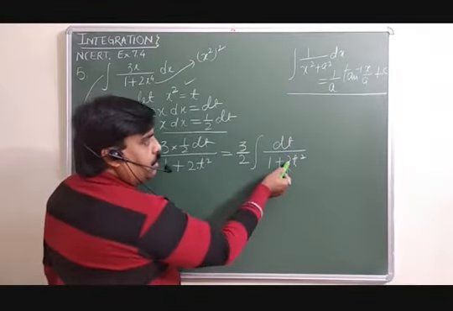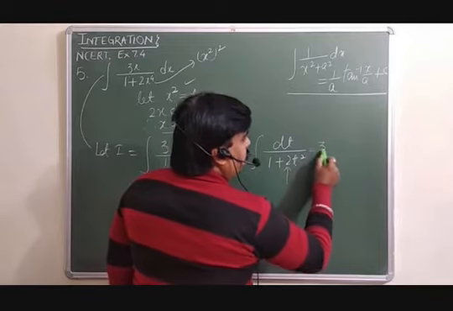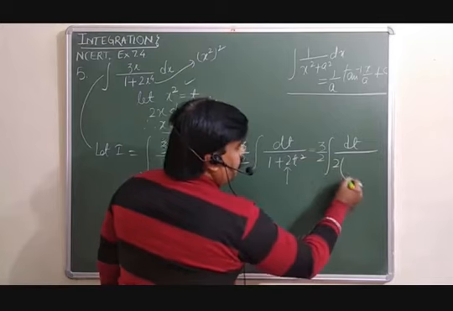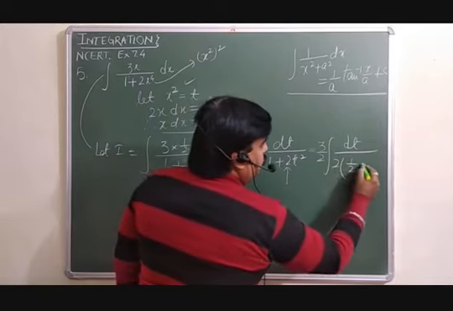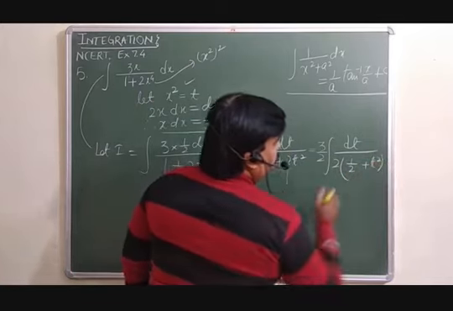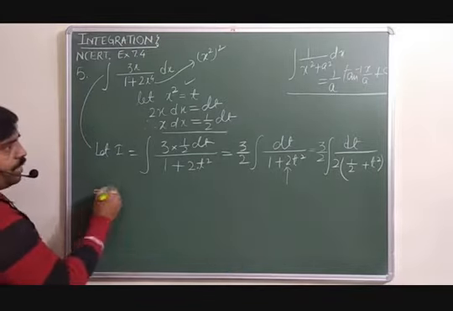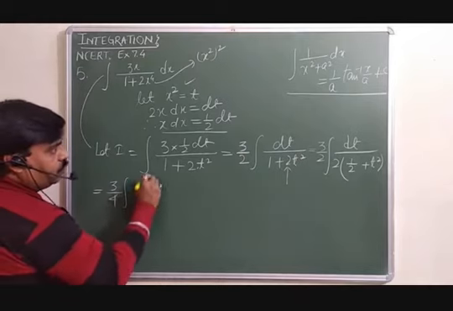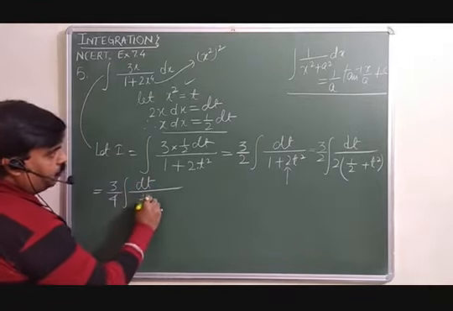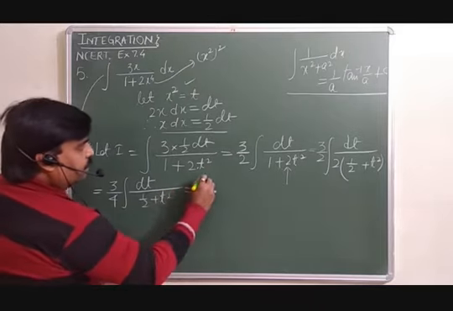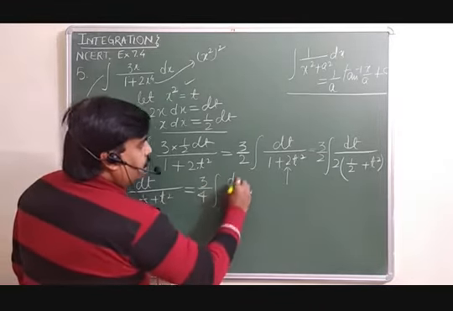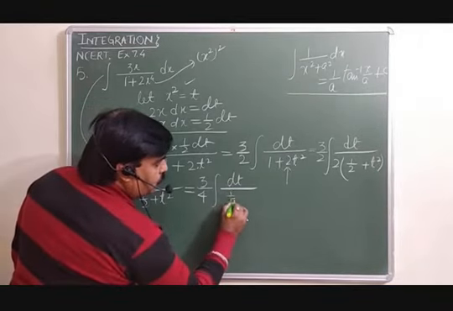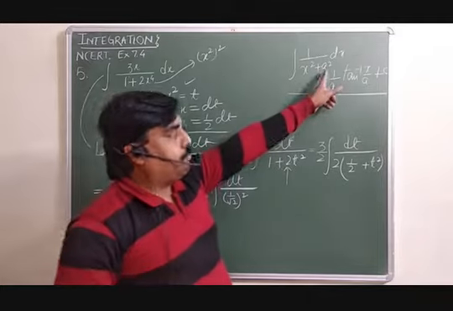This is the formula you can apply here, but here it should be 1. So what we will do? You are supposed to take out the common 2. So this is 3 by 2 dt over 2 you take out the common, so this becomes 1 over 2 plus t square. This is 2 again, so that is 3 by 2 into this 2, it becomes 3 by 4 dt over 1 by 2 plus t square. And this 1 by 2 can be written as 1 by root 2 whole square, because it should be in the form of a square.